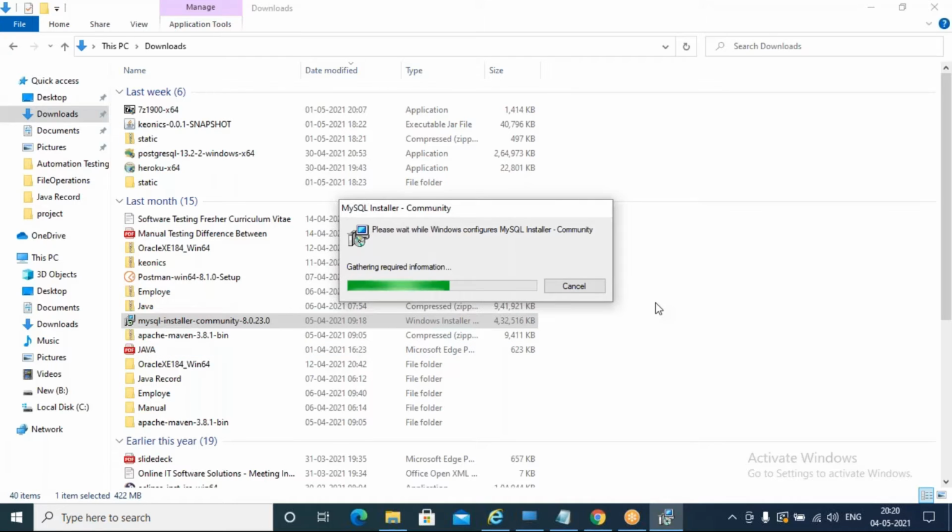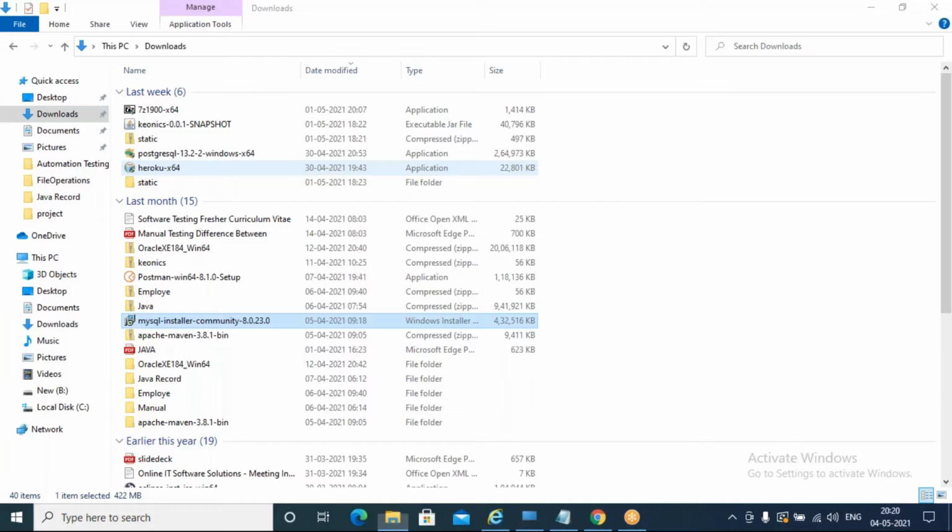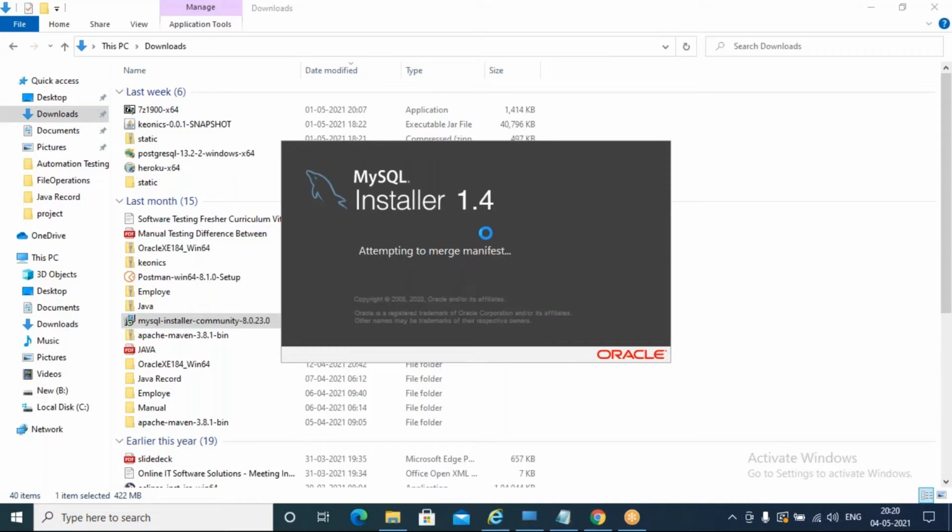Click on yes. Again it might ask one more time for permissions. Again click on yes. It is asking for permissions again. I'm clicking on yes. Now it will start my installer.